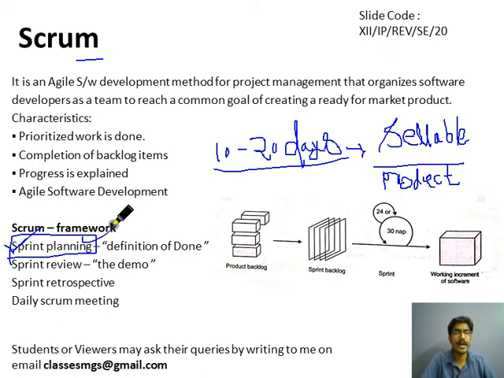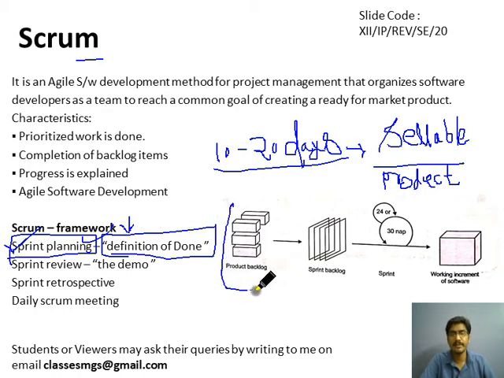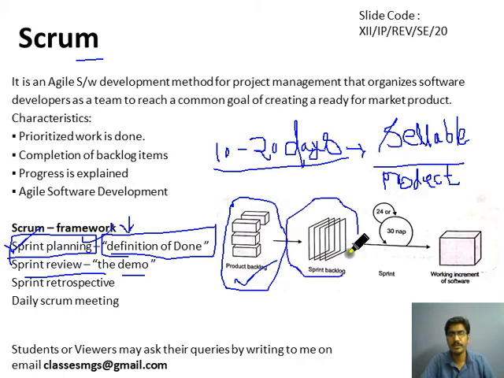So we will do the sprint planning meeting before starting the sprint, in which we decide what we need to do. We will add those items that we need to discuss into the product backlog. Okay, then we will do a sprint review meeting. On completion of the sprint planning meeting, we will pick up some items from the product backlog to the sprint backlog. Sprint backlog is a list of items that need to be finished in 10 to 20 days, and product backlog is a list of items that are added by the product owner, and these are the features of the products that need to be completed.